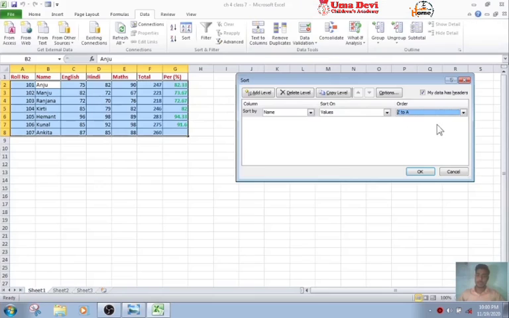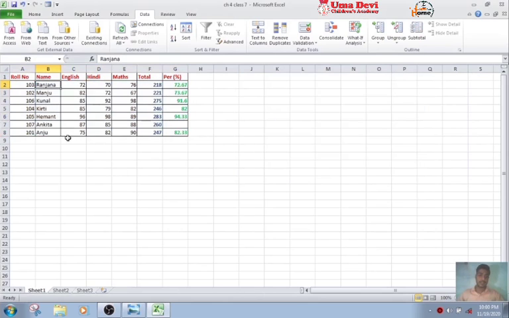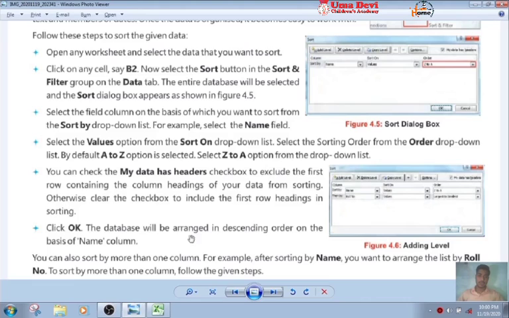So if you want, you will check it. Otherwise, we will look at this. If you note, I am not needing it. So what should we do? We will click OK. Look at here, it has been sorted. It was firstly A to Z, now it is Z to A. Okay, so now next one is